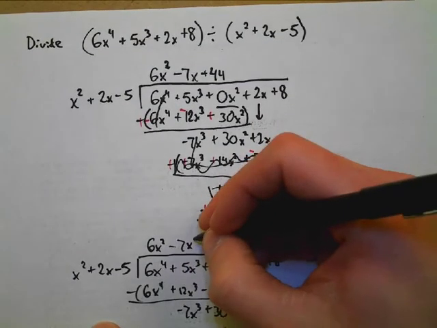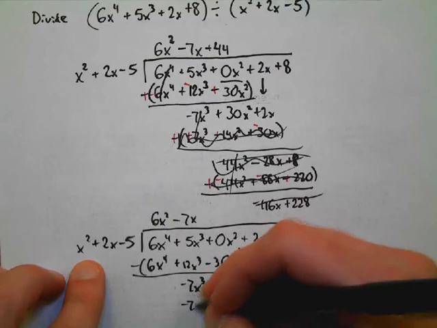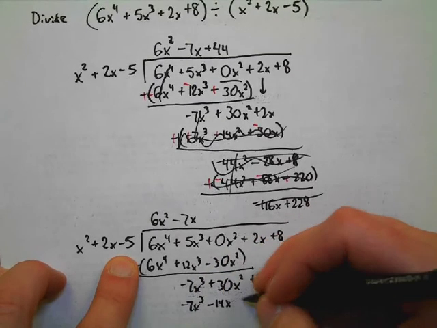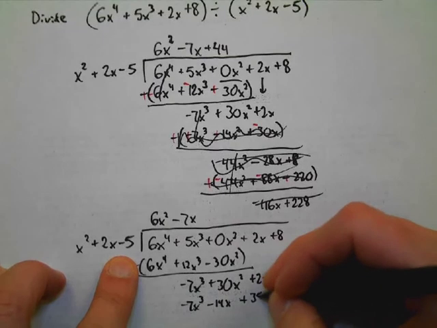Minus 7x. So negative 7x to the third minus 14x plus 35x